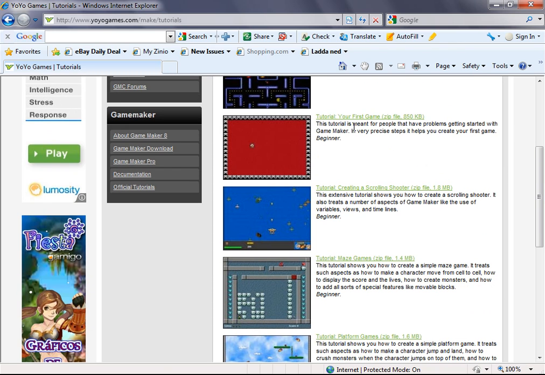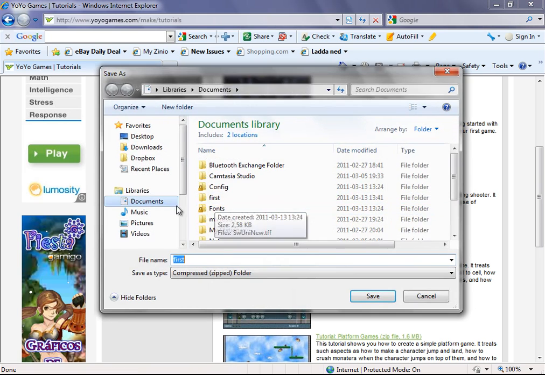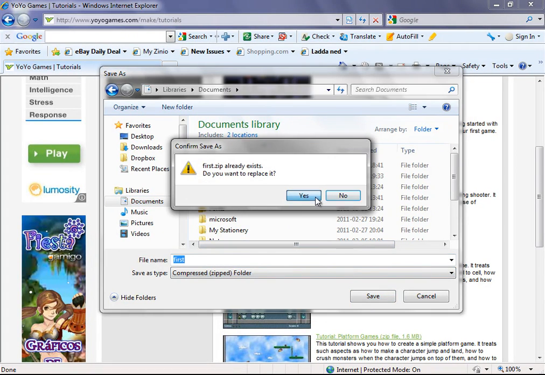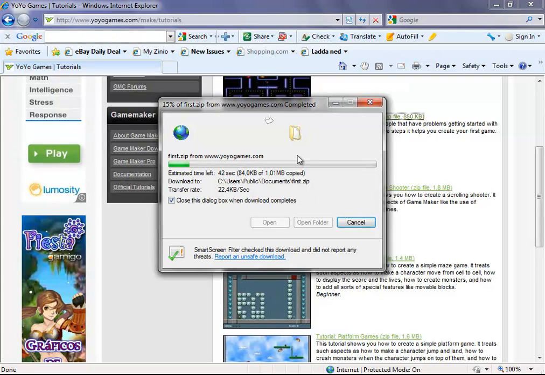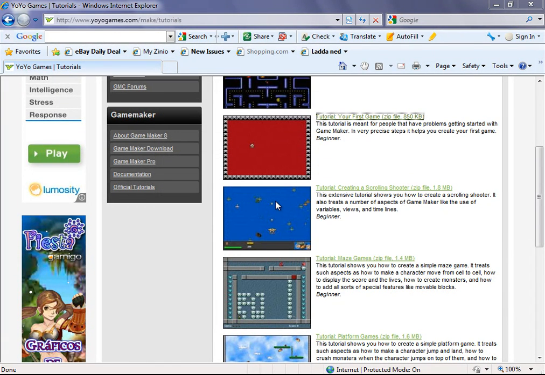We're gonna start with this tutorial, your first game. So let's download this. It's a zip file. Let's download it to My Documents. And this is the first tutorial. We're going to create a quite easy game, and let's have a look at these